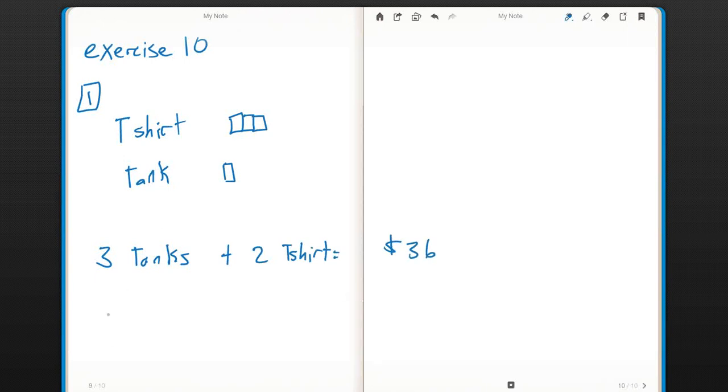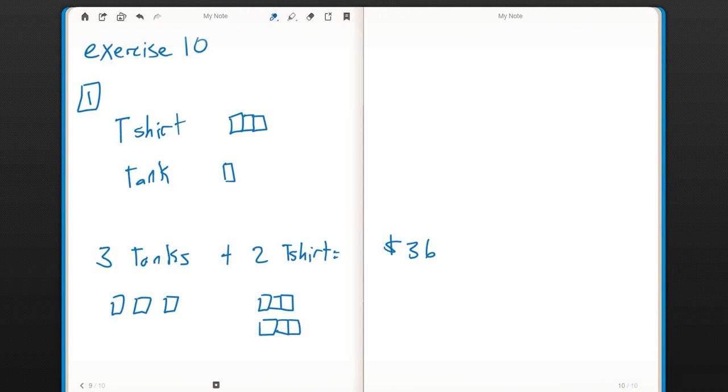Now, a tank costs 1 bucket of money. Each t-shirt costs 3 buckets of money, and I want 2 t-shirts. Altogether, I've spent 9 buckets of money,